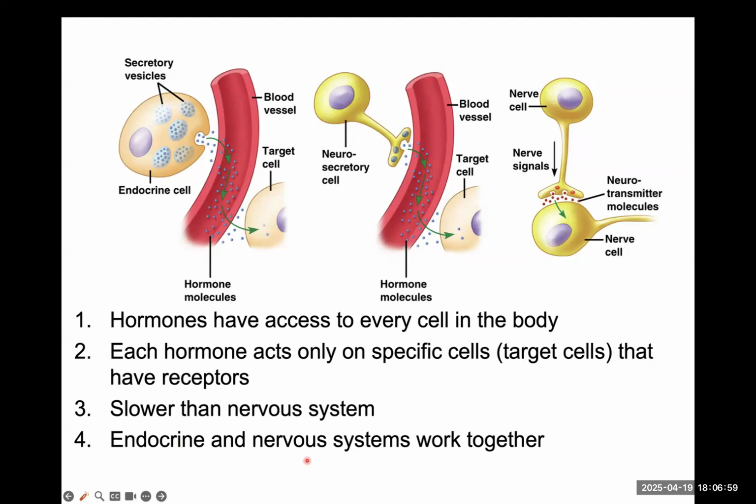But in the endocrine system, the hormones have to get into your bloodstream. Then you need to wait for it. Sometimes it might take minutes or maybe hours for that hormone to actually take effect. And some of the things that are affected by these hormones could be puberty. And puberty can take months to take effect.